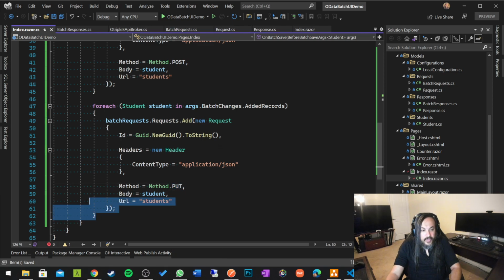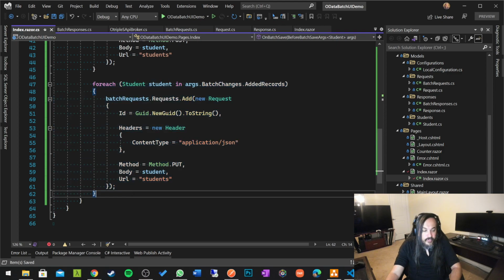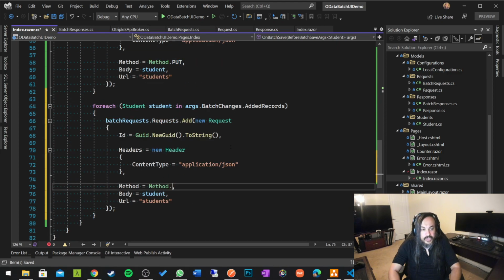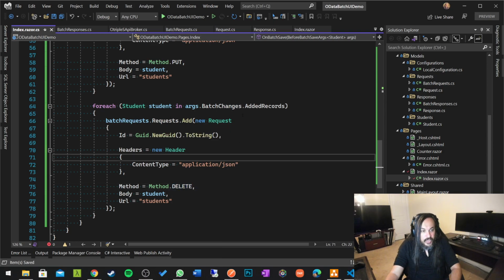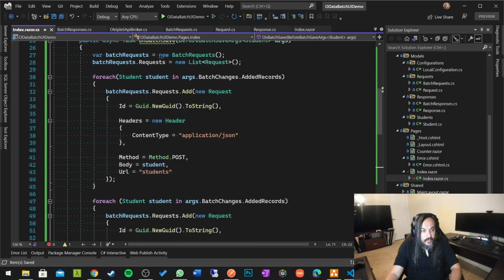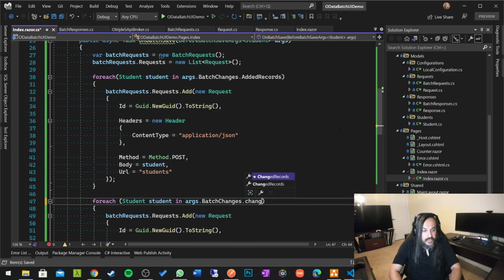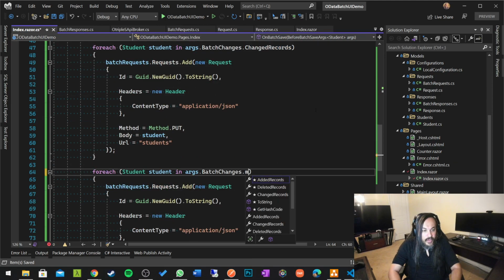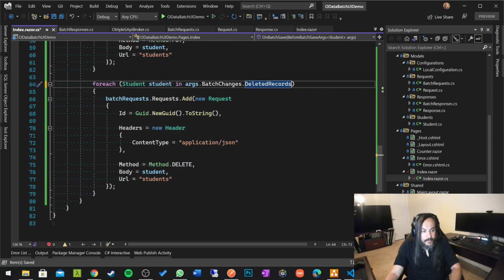That's it. The same thing for, and of course you can simplify this and refactor it and put a method. Sure, all the best to you. Do that. I just want to show you the point here and show you everything right away. Okay, so we want to be careful here because I said added students. In here we're going to say changed records, and in here we're going to need to say modified, deleted records,